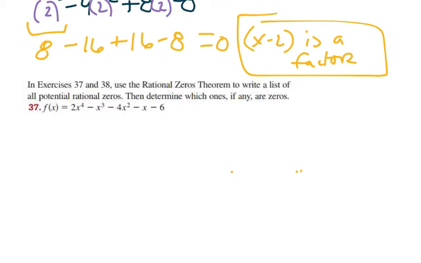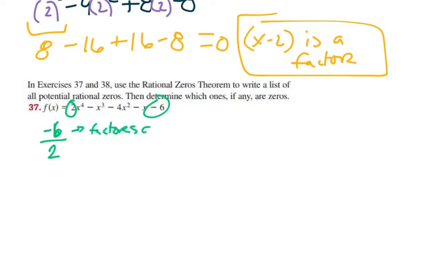Super. Then we're going to use the rational zeros theorem to write a list of potential rational zeros and determine which of those are zeros. I'm going to need more space than this, but either way. The rational zeros theorem says that we need to take the last value, the constant, and the first value, the leading coefficient, and we need to find all of the possible factors of the numerator and denominator, make all of the options for each of them, and then those are all the possible zeros. So,